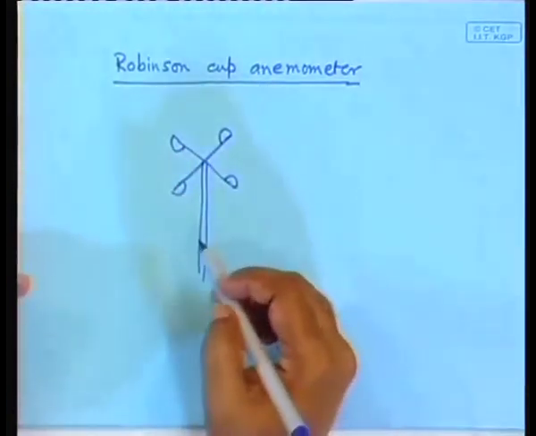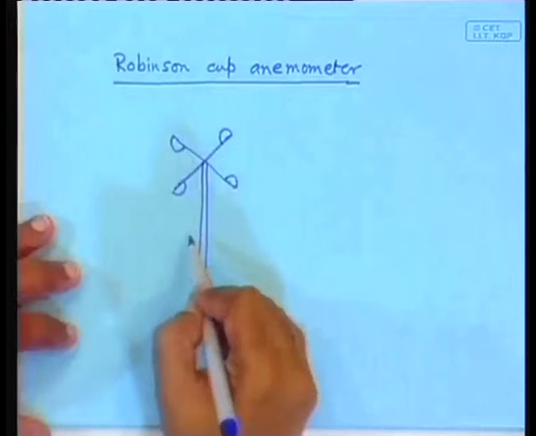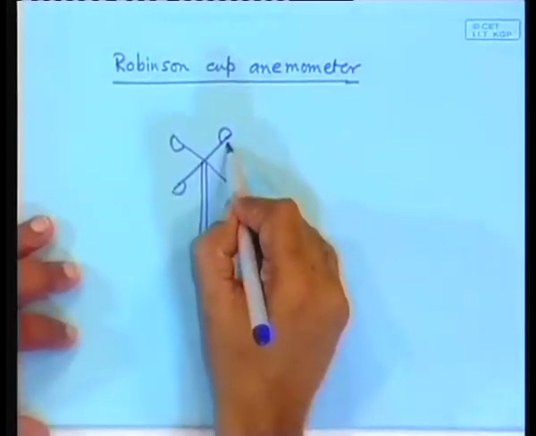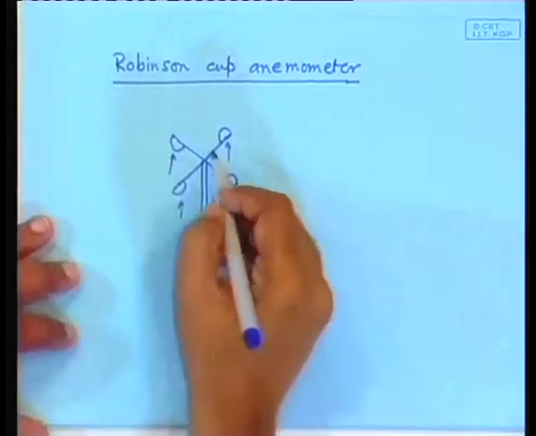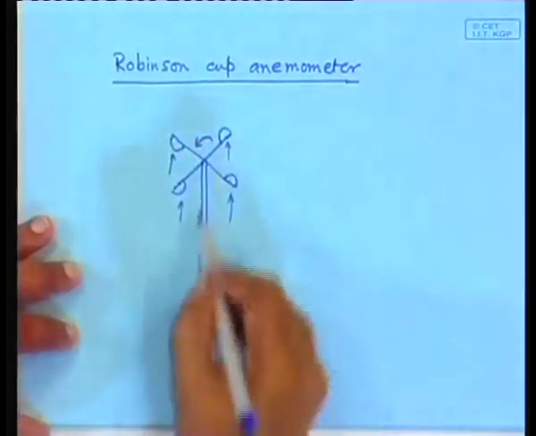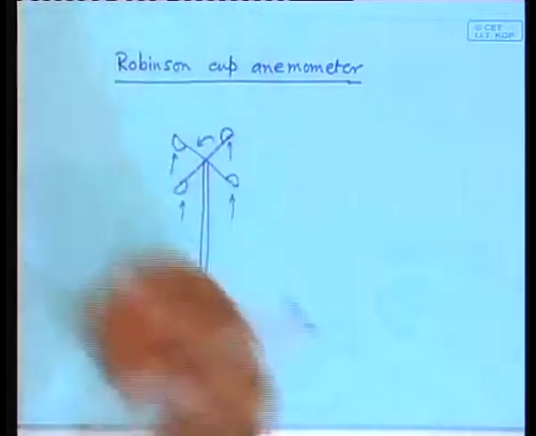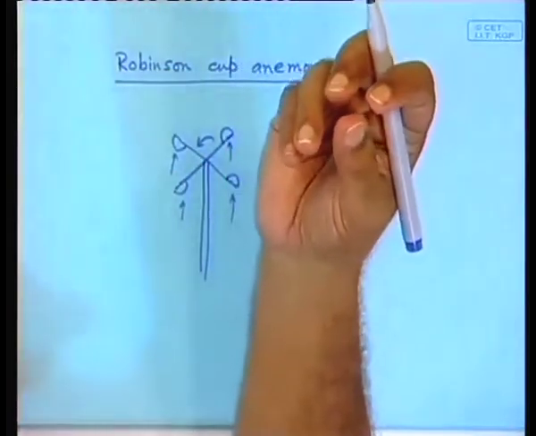So that as wind comes, it produces differential torque in the two sides. As a result, it turns this way, and this rotation can be measured either by having a small tacho generator connected with some kind of an electrical measuring device. That means it produces a voltage which is proportional to the speed of rotation, or you can have one of the other. Nowadays one normally uses digital measurement. In that case, there is a